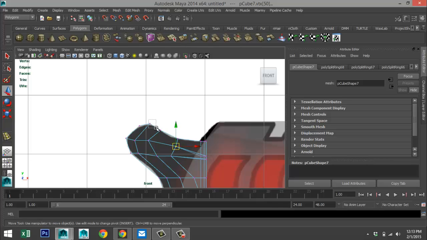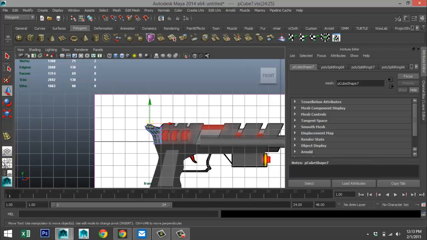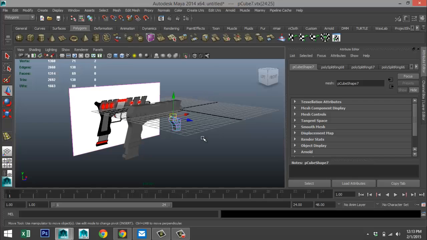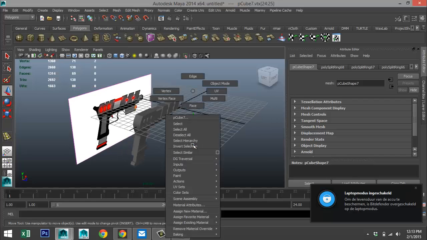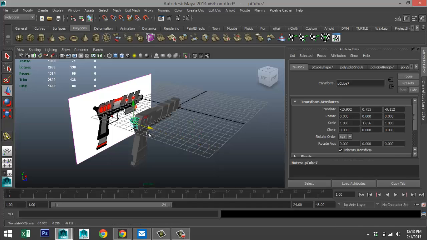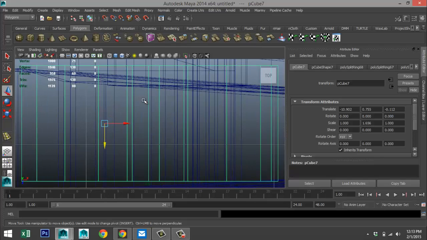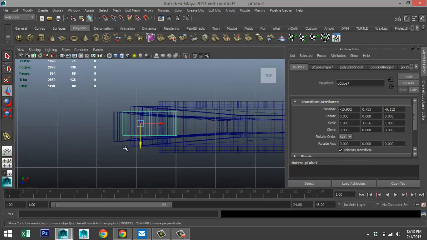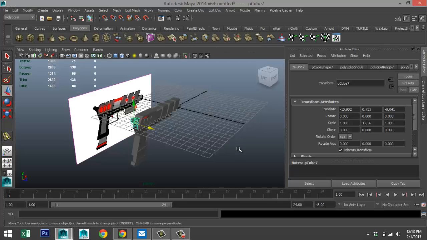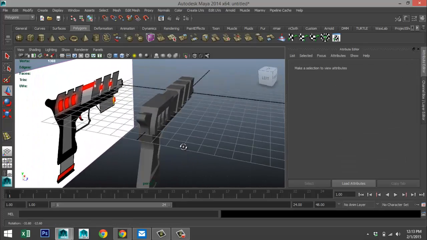Okay, bring that one down. Let's see what we have here. Right click object mode. Move that in. Check it from our top view. Get it centered. Okay.